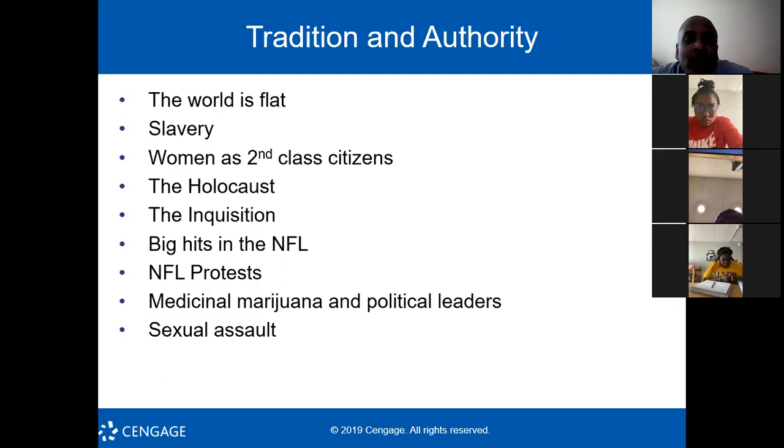But I'll give you, for example, big hits in the NFL. Has anybody seen the Will Smith film Concussion? It's been a few years, but it was a film where he played this African doctor. He was a neurosurgeon, and he discovered that playing football does major damage to your brain, because all this moving back and forth and hitting things really hard since you're 6 years old is not very natural.